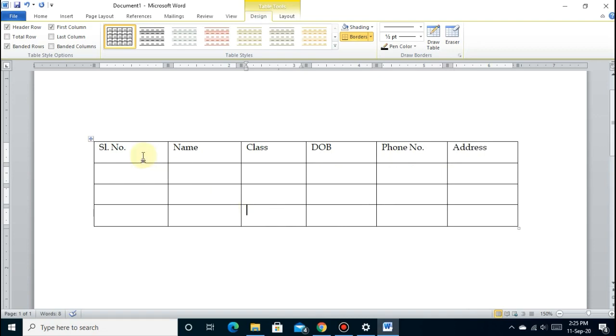So here we have entered the field of a table.